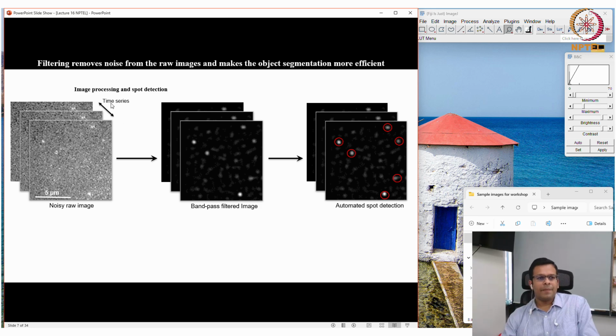you can see this is the raw time-lapse movie. And here you can see there are individual fluorescent molecules, but there is a lot of noise. Sometimes we have to capture the image with a lot of noise. Let's say we want to image these molecules for a longer time, and we do not want to bleach them. So we use such a low laser power that the molecules are barely visible. We can image them for a longer time and avoid photobleaching. So sometimes it is possible that your image is very noisy like this.